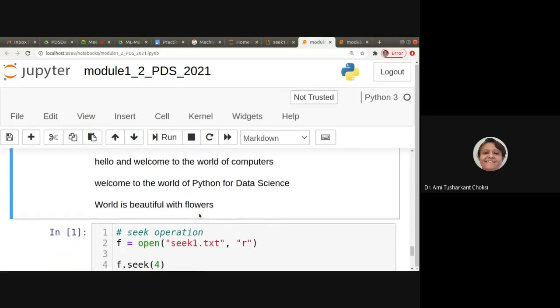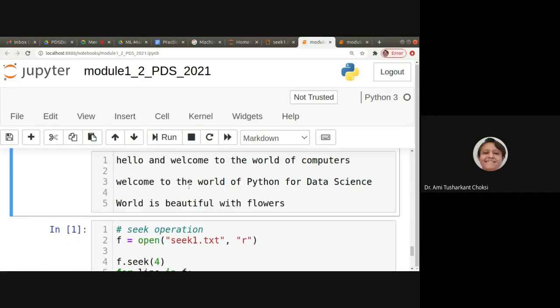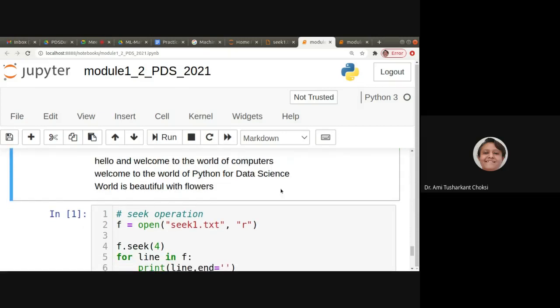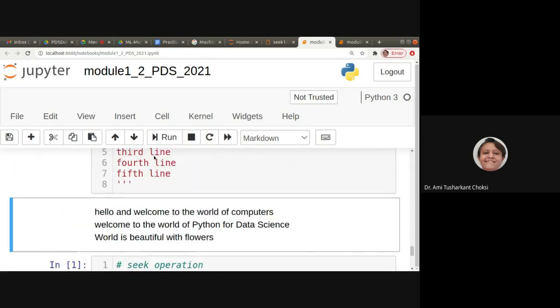Now, one more thing is, if you want to show the text properly, you can use the BR tag. HTML tags you can use. So I do not have to put this extra space. I can put it as BR tag this way, fine. So we'll be able to see the content of the file properly, isn't it?